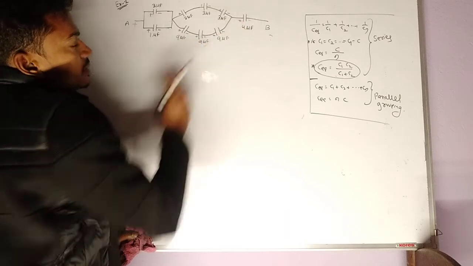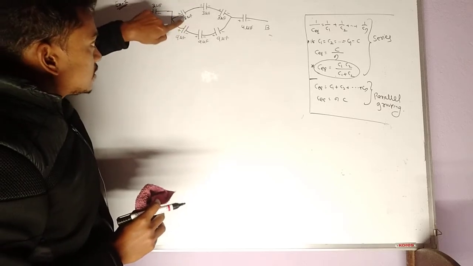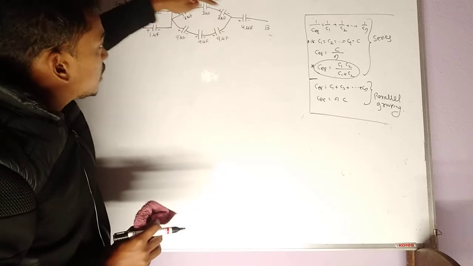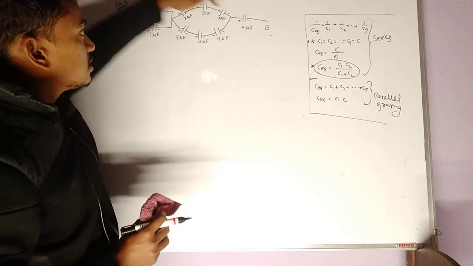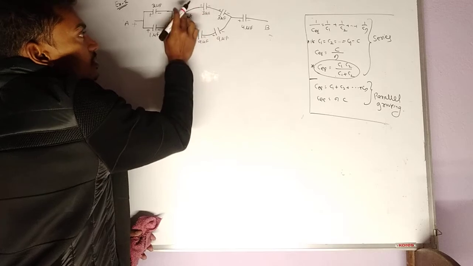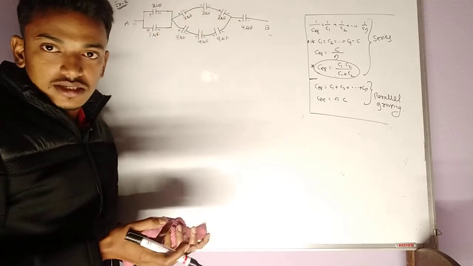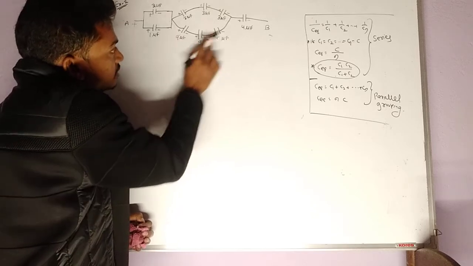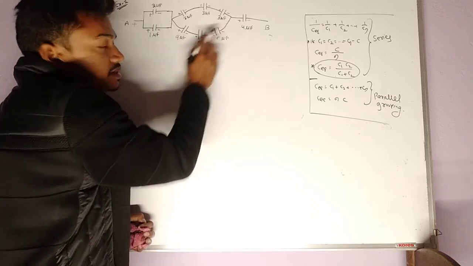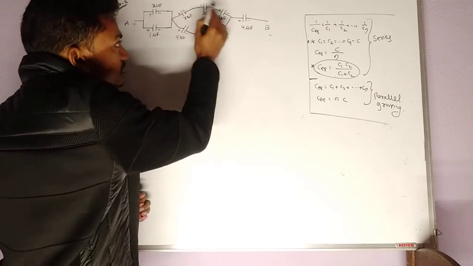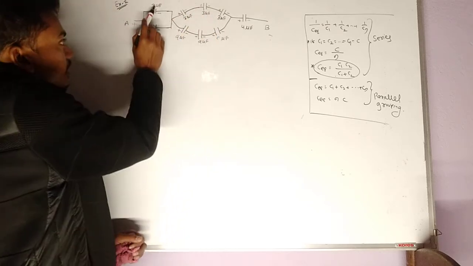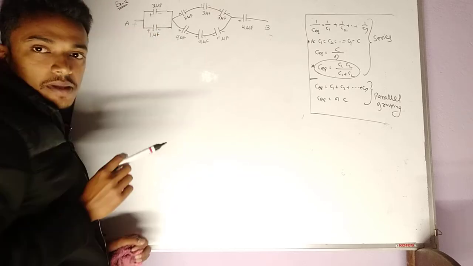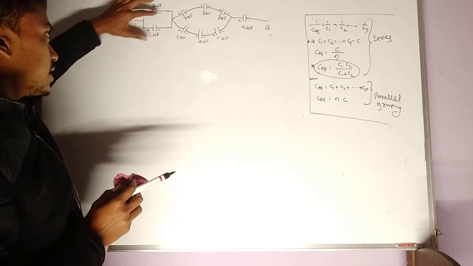minus plus and minus. So you see these 3 microfarad capacitors, 3, 3 and 3, all are in a single branch, so this will be series, or this negative is connected to positive, negative is connected to positive, so these are series. And these 9 microfarad capacitors all are connected in a single branch, so this will be in series grouping. So these are series and these are series, and again these two capacitors, 3 microfarad and 1 microfarad, are in parallel, means the positive connected to positive and negative connected to negative.